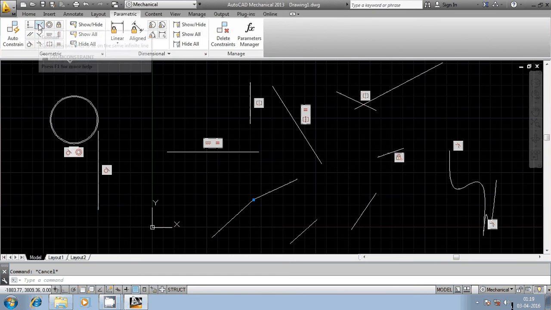There is one more thing known as collinear. You can observe the difference between coincident and collinear. Select this. This is my reference line. This is my entity. I want to orient this entity with reference to this, so they are in the same line. Here only a point is coinciding, whereas here the whole line is coinciding. So these are the different geometrical constraints available in AutoCAD.